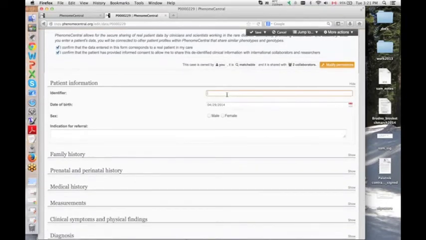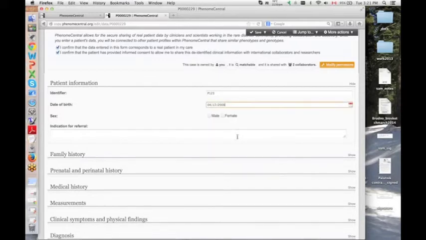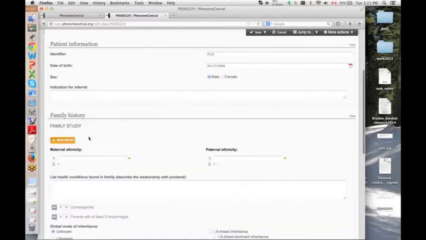The identifier field is for your own internal identifier, so I can say this is patient 123. The date of birth for the patient, and for example, male. Then a broad indication for why the patient is interesting, why they believe that they should be in the Phenome Central database.